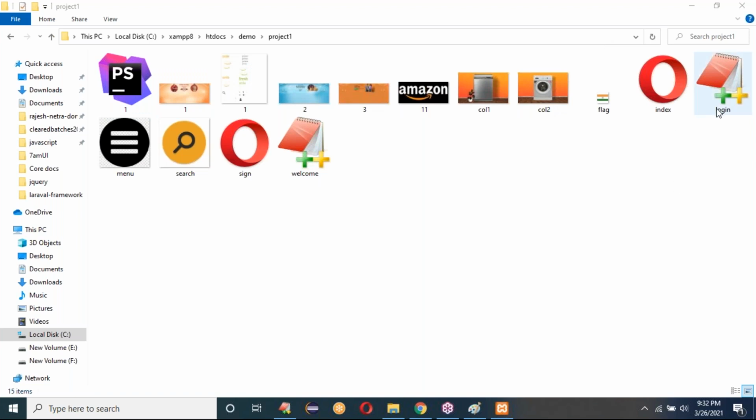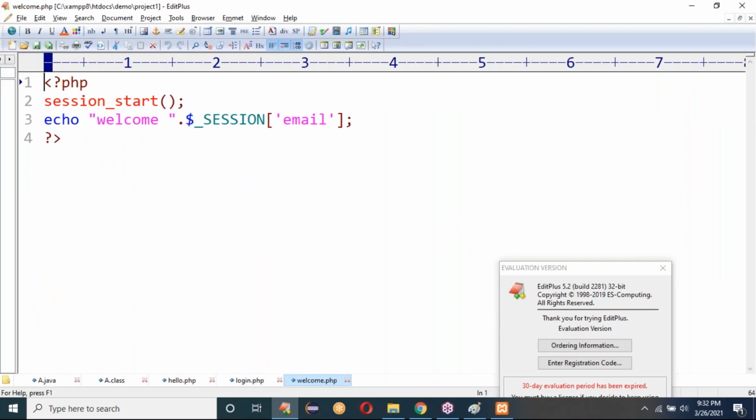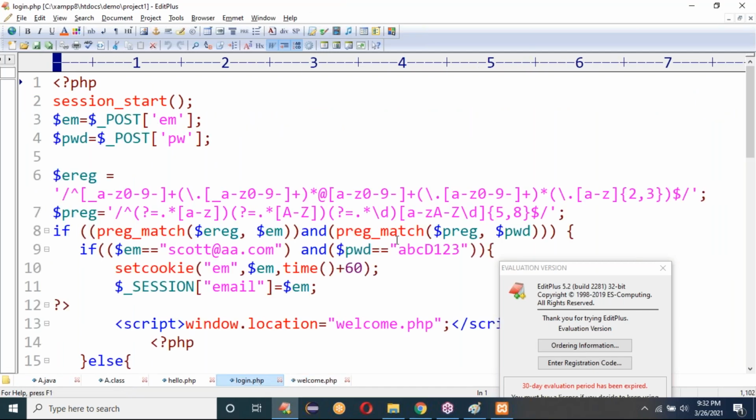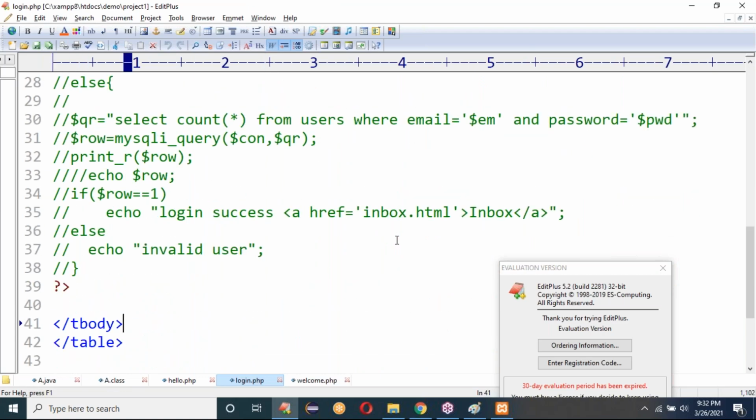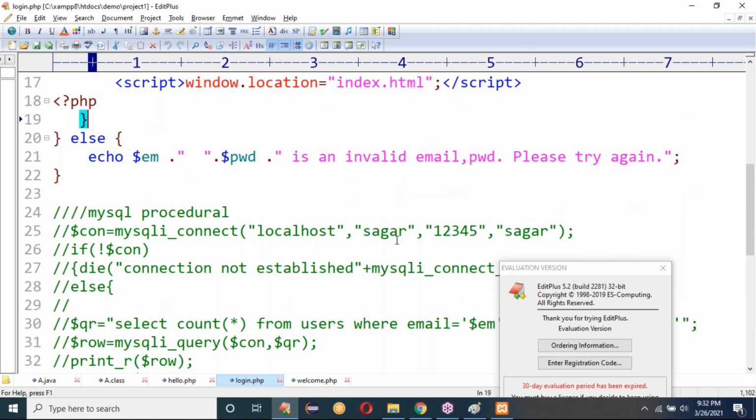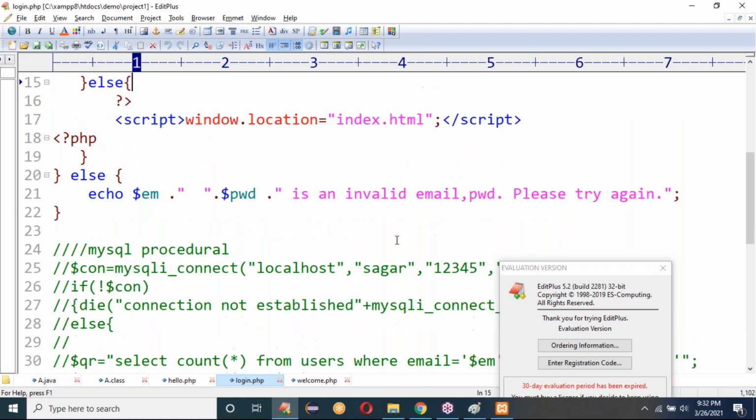Here login, what is this? It is a PHP page. Here login.php and then welcome.php. The welcome page is just a welcome, but at login time we are doing validations, not connecting with any database. As of now it is not connected with any database, just normal validation.